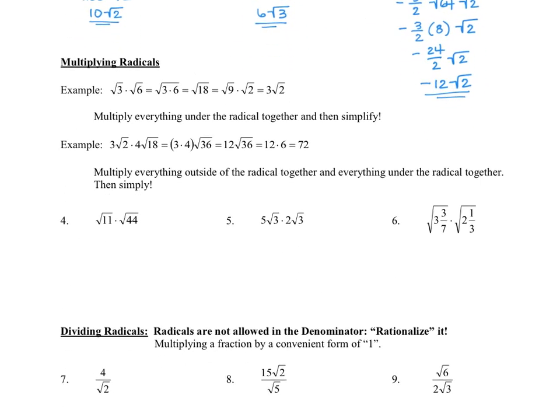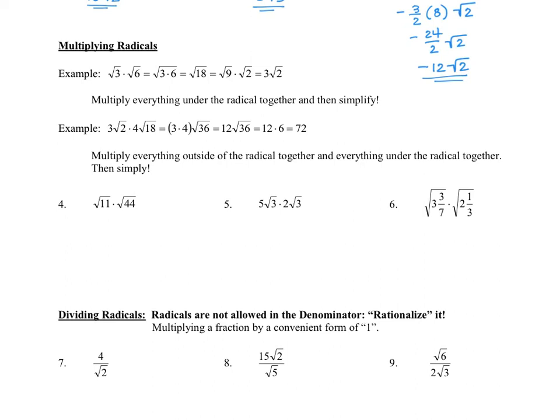When multiplying radicals, we have a couple of options. You can see in the first example that everything is under a radical. If that's the case, then we're going to multiply everything under the radical and then simplify. However, if what's under the radical can be simplified, sometimes we'll want to simplify first and then multiply. And then it'll make it look like the second example,